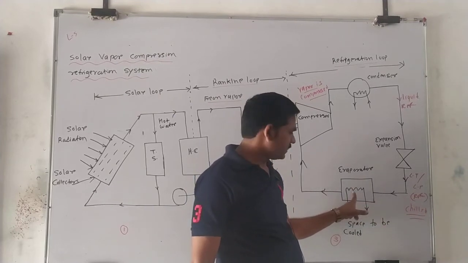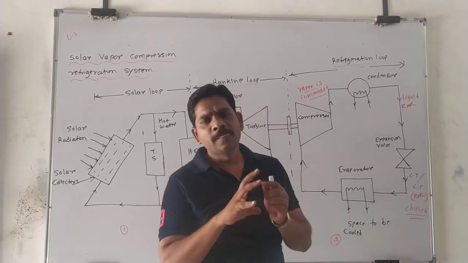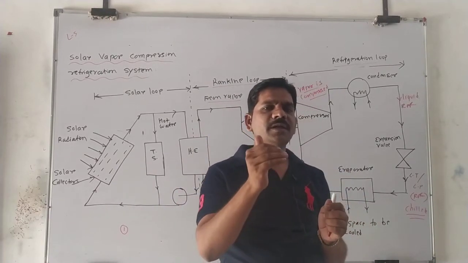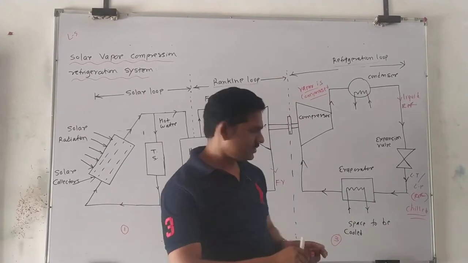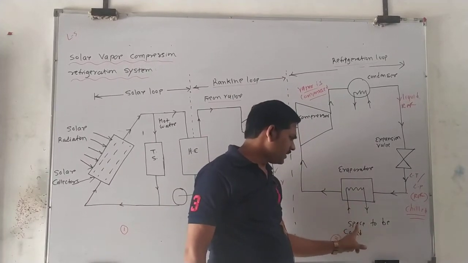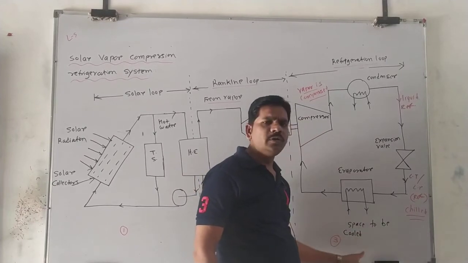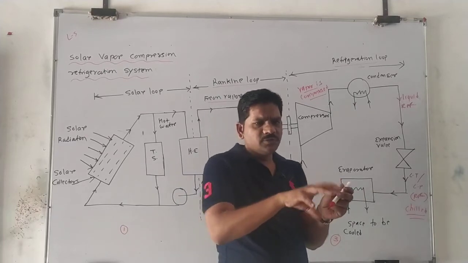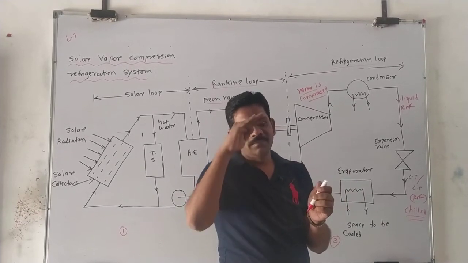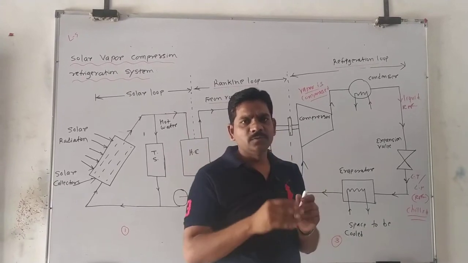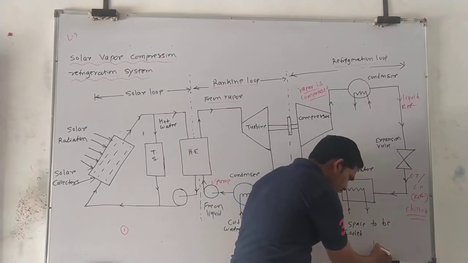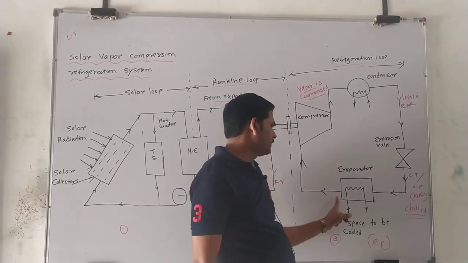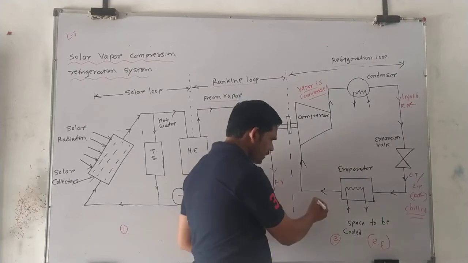This chilled refrigerant is passed where? Inside the evaporator. And what is the role of the evaporator? To absorb the heat from the space and maintain its temperature lower than the surroundings. Okay, so this evaporator absorbs the heat from the space to be cooled. Whatever the location of the evaporator, it absorbs the heat from this space and maintains a lower temperature compared to the surroundings, and we get here which effect? Refrigerant effect here.